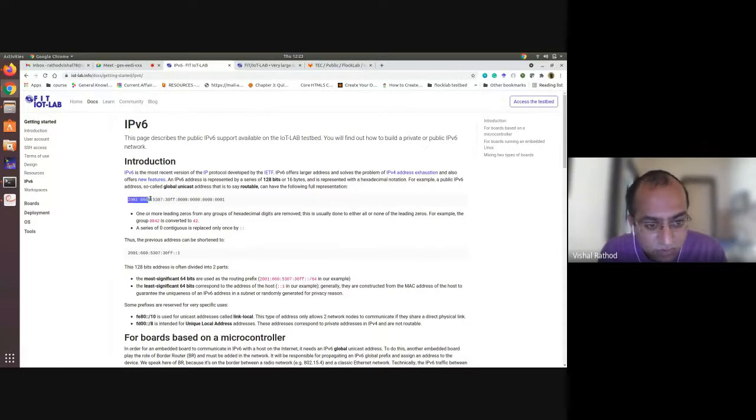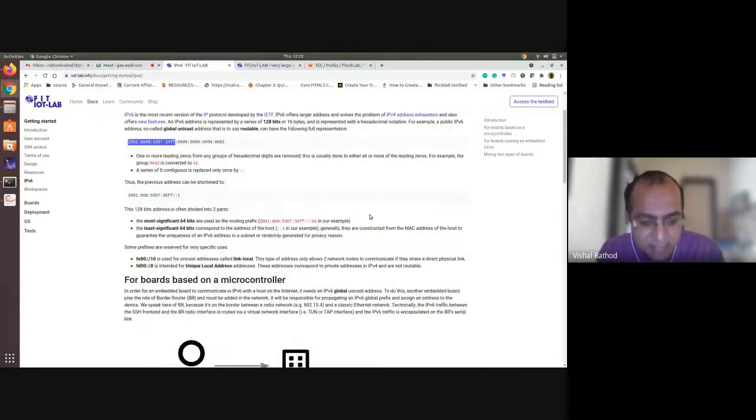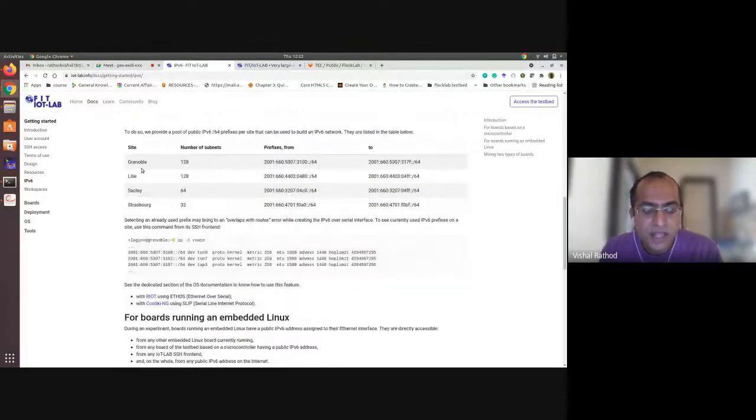So these are the prefixes. You can call this a prefix. These prefixes are predefined for particular sites. As you can see, if you are using any of these sites, Grenoble, Lille, Saclay, Strasbourg, you have a particular prefix, and these are the subnets for that.